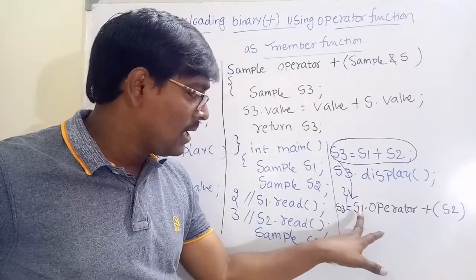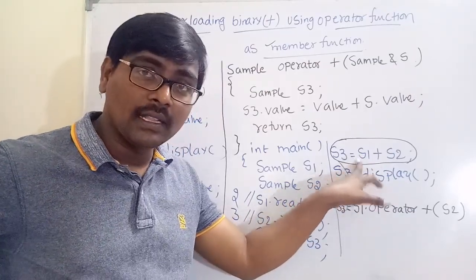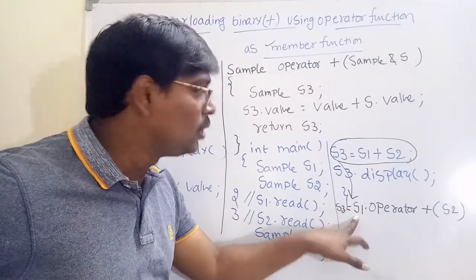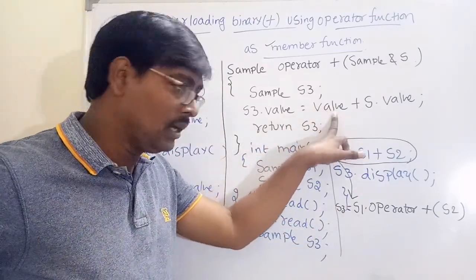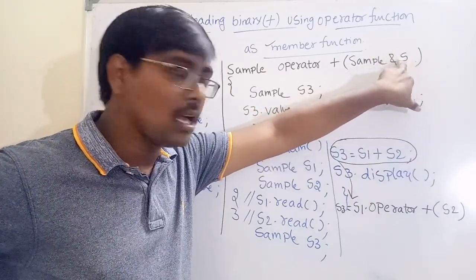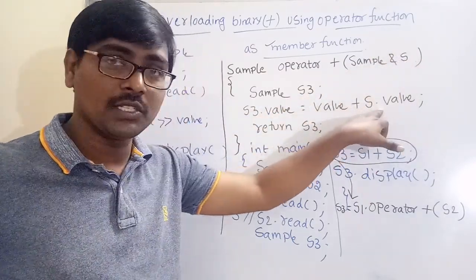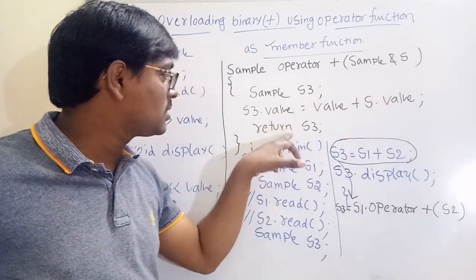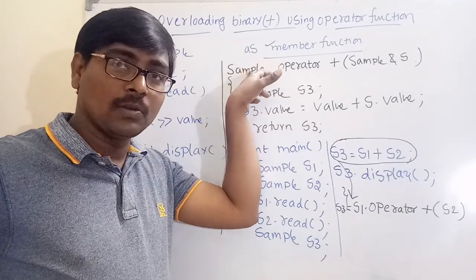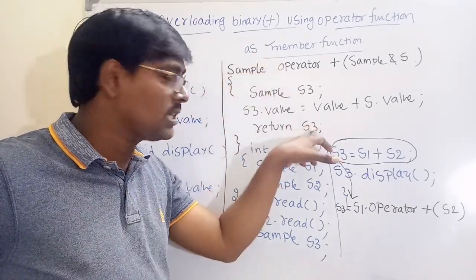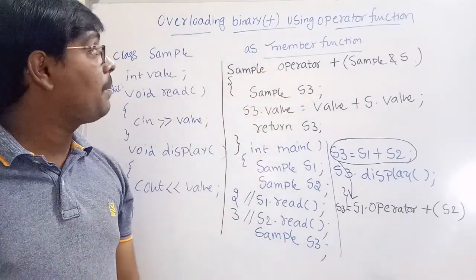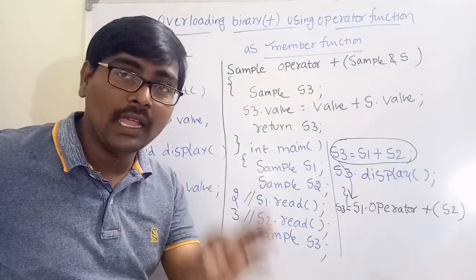Observe carefully. If you are writing the statement like this, the system calls as S1. This S1 value is passed into this one, and this S2 value is passed as an argument, and this argument is passed to this one. So 2 plus 3 addition is performed and returns an object. If it is an object, that is caught by the class only. The return is an object. What is the type? The type is the class only. This is operator overloading for binary operator.